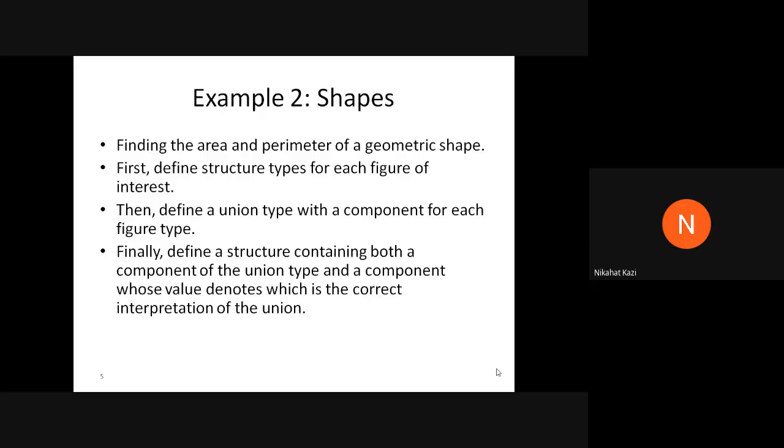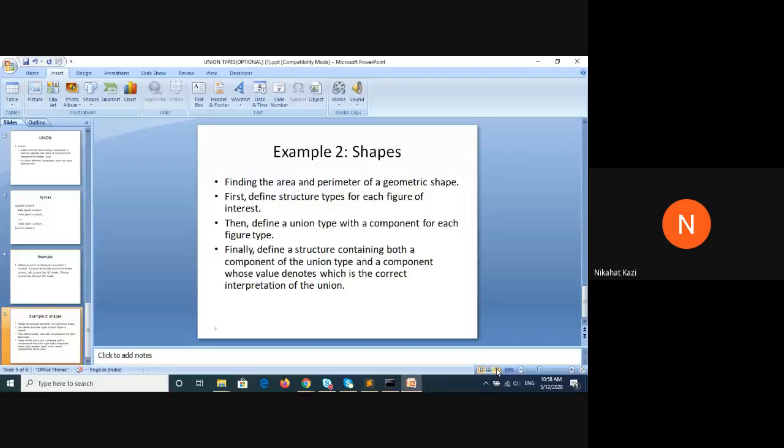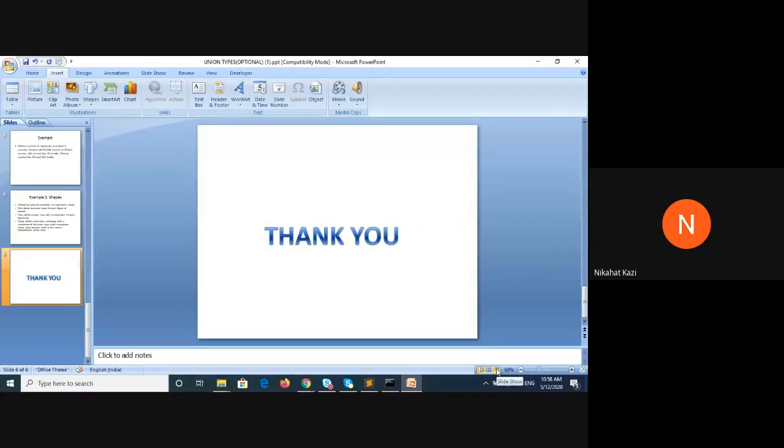So suppose the figure was a square, it will print out the side of the square, the area, and the perimeter. It will print everything. So you practice this example, and in the next lecture we will see the solution to it. First 5-10 minutes we'll see the solution. This actually ends your topic structures and unions. Whatever is required as part of the syllabus, this ends the topic.